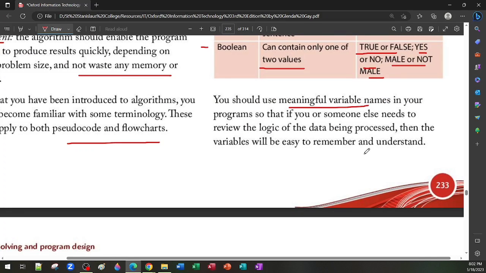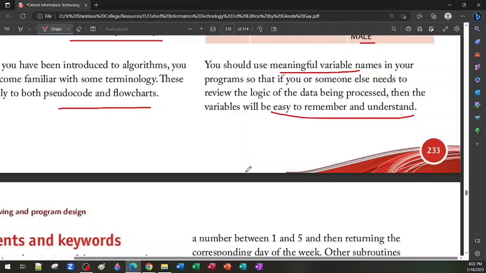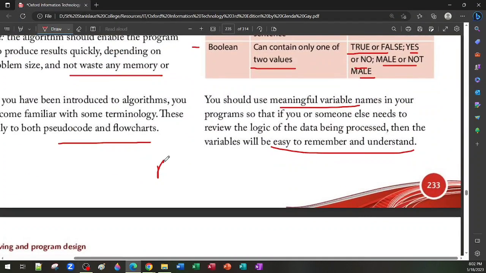Now, all variables must have a name. We must give them meaningful names, names that we can understand. So basically, when you look at the name of a variable, it should tell you exactly what is being stored into that variable. Like for instance, you would not give a variable the name